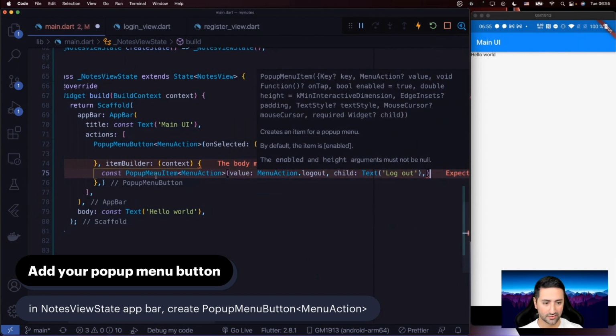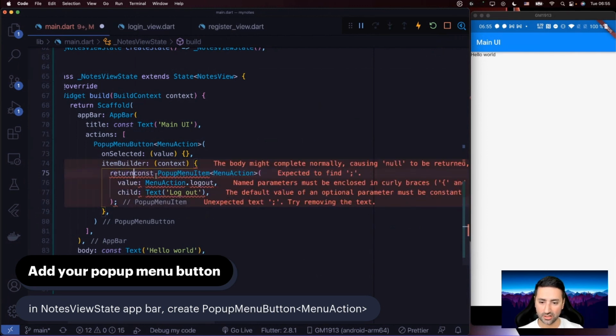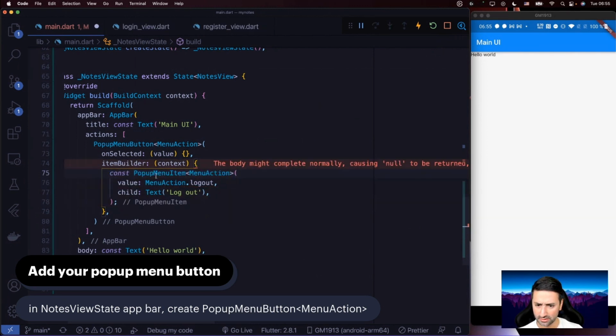Actually, the entire thing is a const, so we don't have to do that. Okay, so let me have a look. itemBuilder, menu actions, const. The body might return normally. Okay, I see. Because the itemBuilder, if we move our mouse over it,